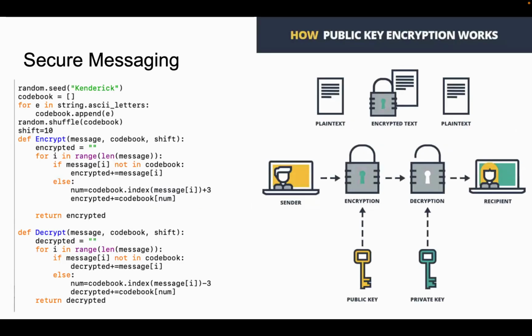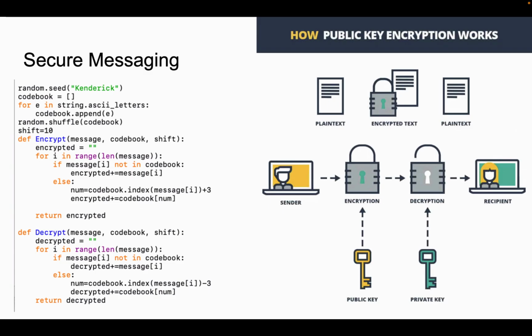Hi, my name is Brandon, and first of all, we're going to introduce secure messaging, part of our final project. First, we use a random seed called Kendrick, which is completely random, and we also set up two functions, one called encrypt, which stands for encryption, and decrypt, which stands for decryption. And on the right, you can see how public key encryption works,